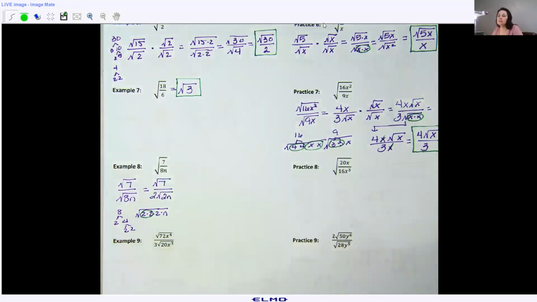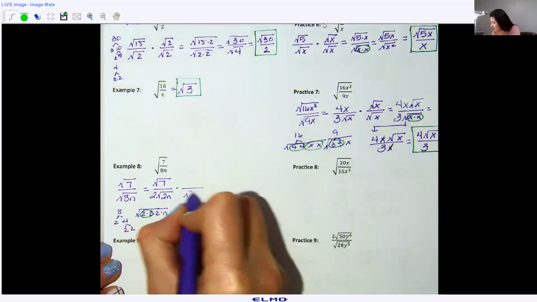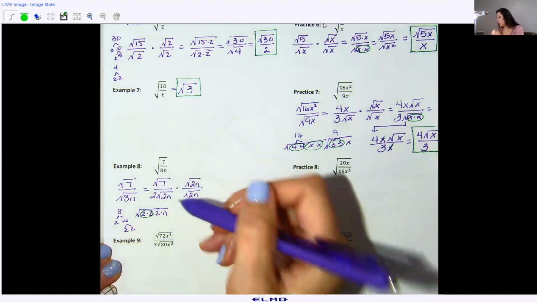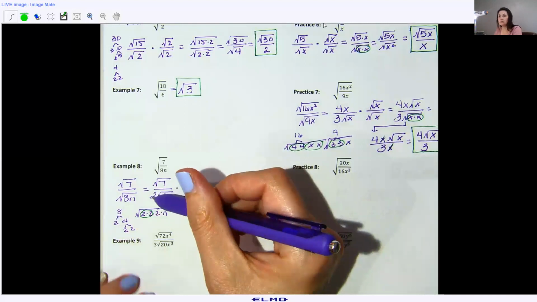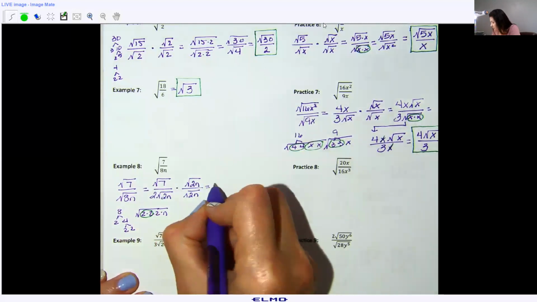All right. So normally we would be done here, but remember we cannot have a radical in the denominator. So now we have to rationalize the denominator. What that means is I'm going to multiply by the square root of 2n on both of these. And remember, we don't have to multiply the 2 also, just the radical. So we end up with,